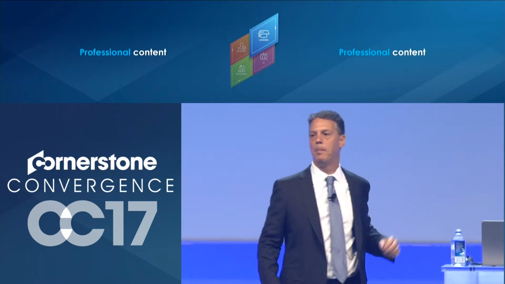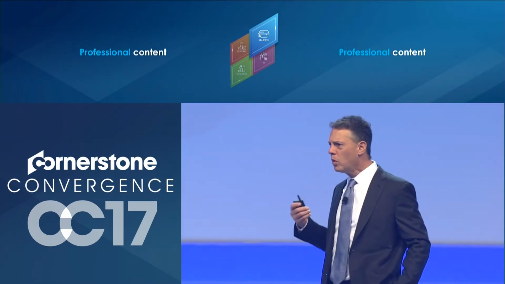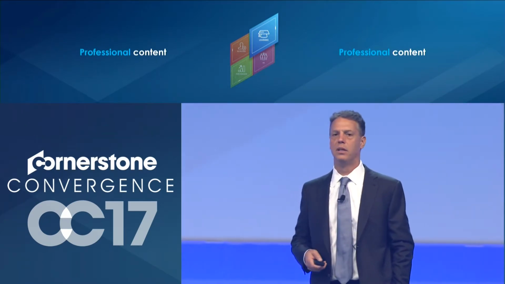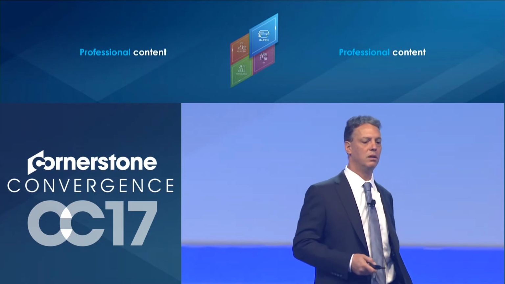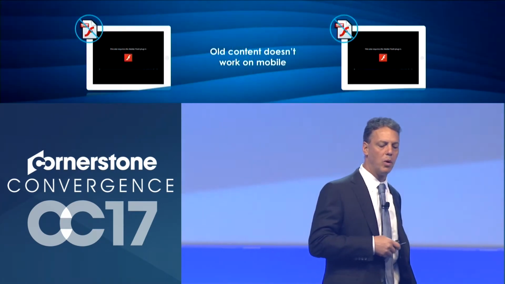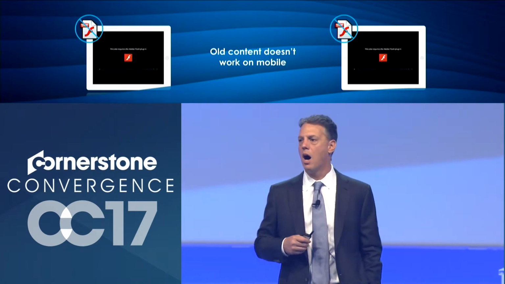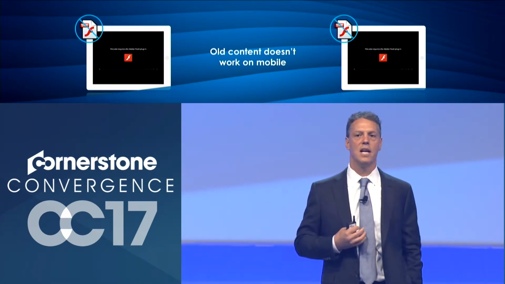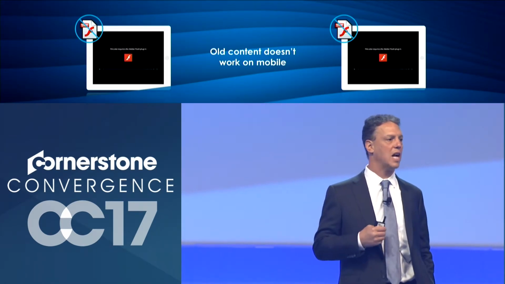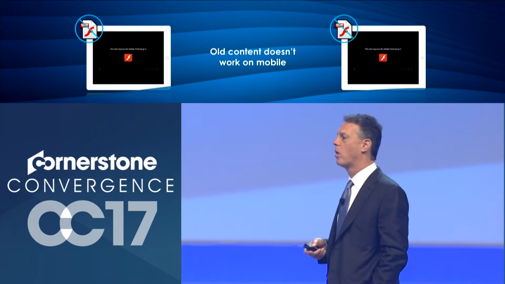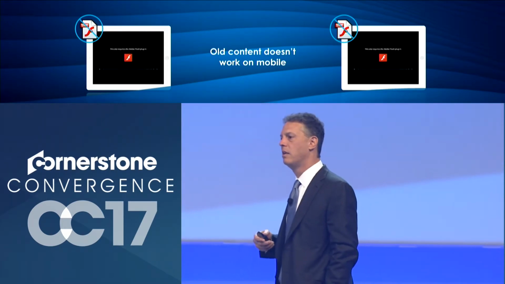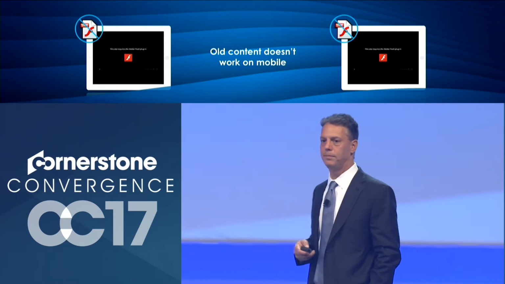You want to teach people basic business skills or help them with leadership development. Content is important. And so we've been working for a long time on aggregating content. But the problem is a lot of the older content that's out there doesn't work, right? Old content doesn't work on mobile.